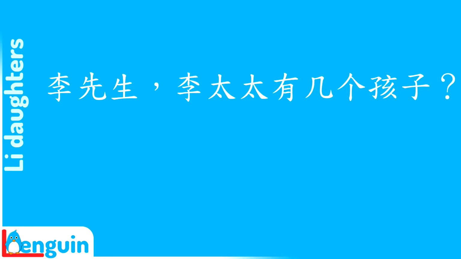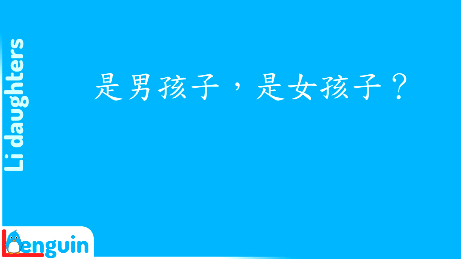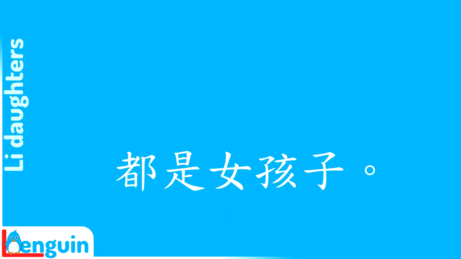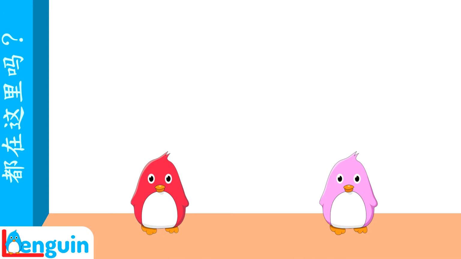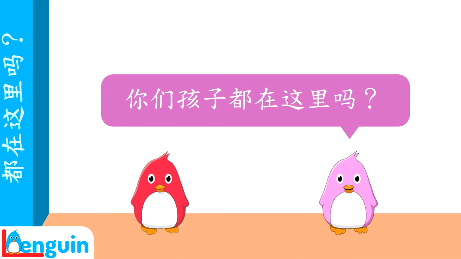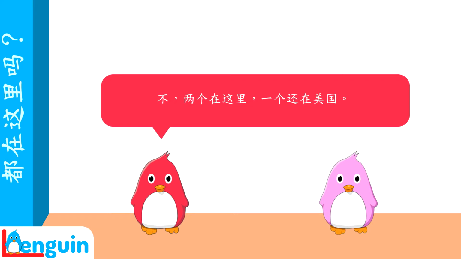Now, you try answering the question about the Lees, who have 3 daughters. 李先生、李太太有几个孩子？ 他们有3个孩子。 是男孩子是女孩子？ 都是女孩子。 Here's a question you might be asked about your children. 你们孩子都在这里吗？ 不，2个在这里，1个还在美国。